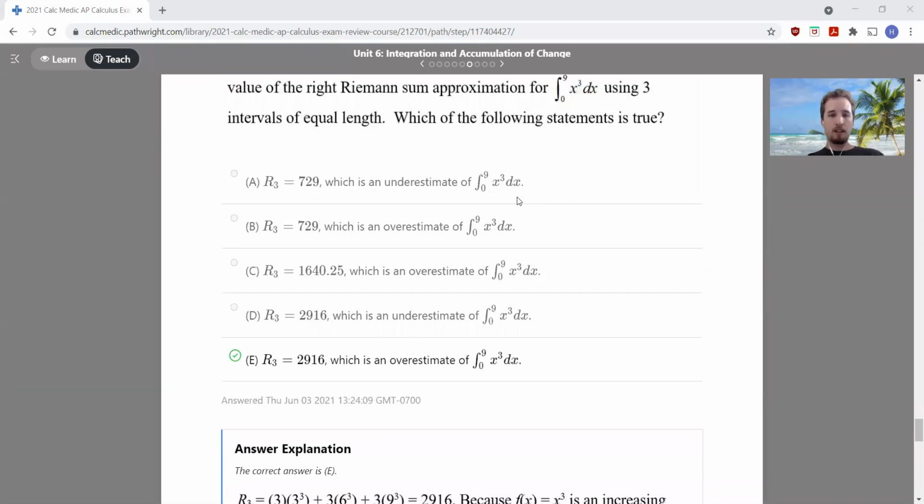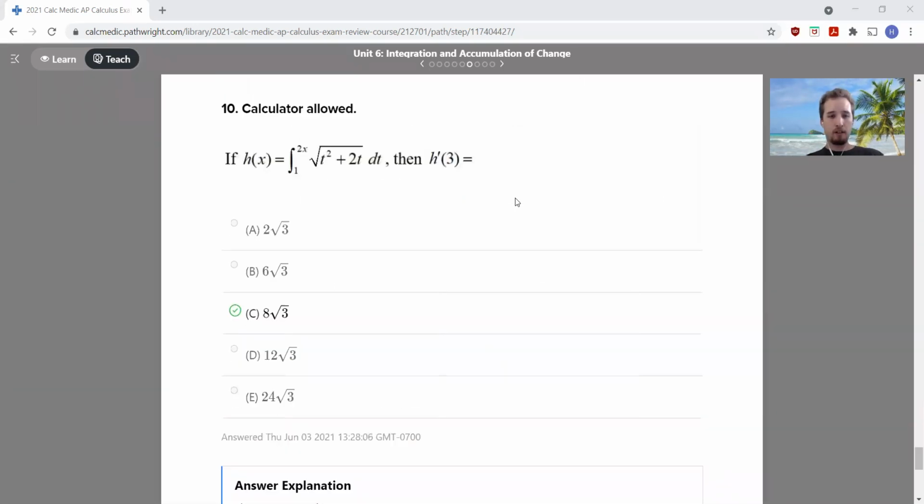Okay, I believe this is the last one. We're going to be doing another one of these. We kind of did one already. It's a bit more complicated. Okay. We have